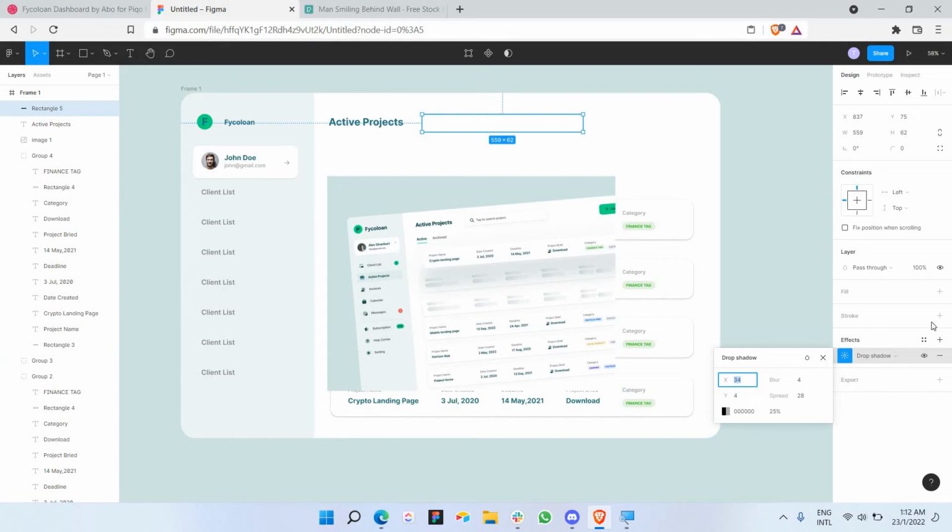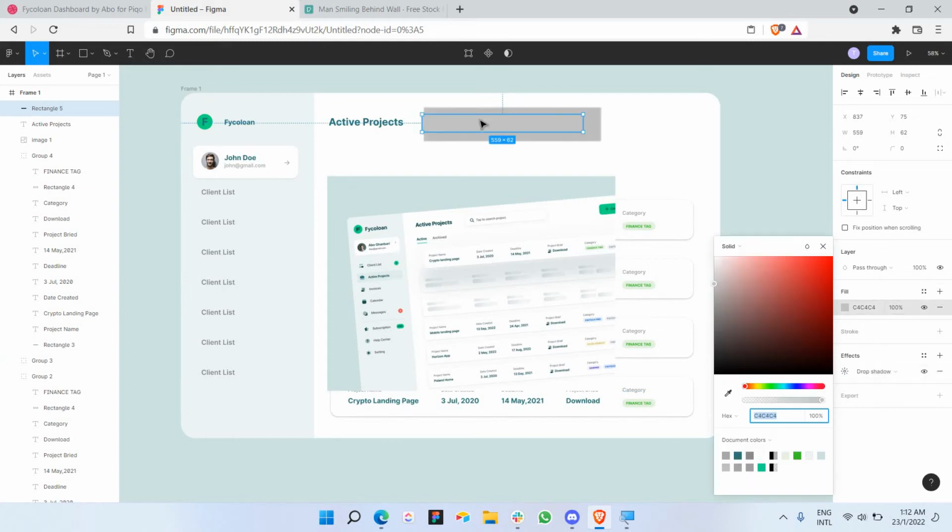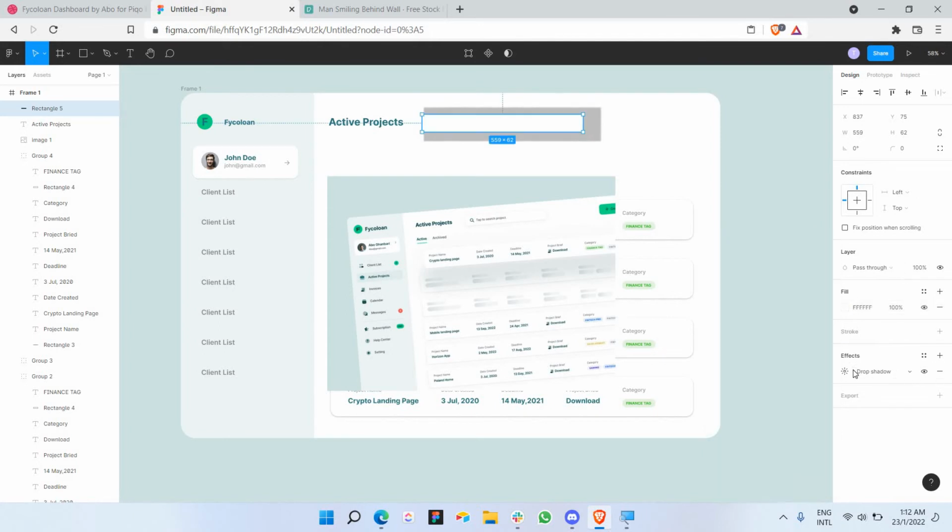I think we need to give some fill here. Give it white, and let's go back to shadow here, and the spread should be around 1, and let's give this 0. Okay, so then let's give some blur,